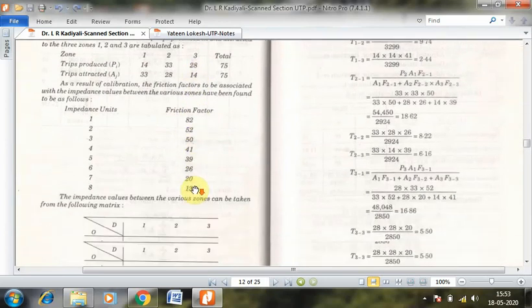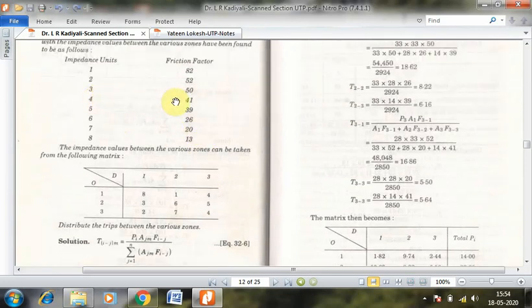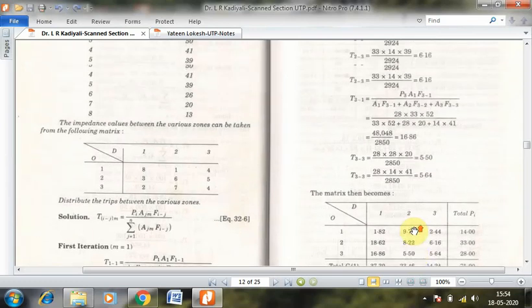So A3 needs to be substituted here, that is 14, multiplied by F13. Origin is 1, destination is 3. Impedance unit is 4. So for impedance unit 4, the friction factor is 41. That 41 needs to be substituted here. So if you substitute all these contents and then solve the equation, you will get the total number of trips from zone 1 ending within zone 1 as 1.82. So on similar grounds, you need to find out